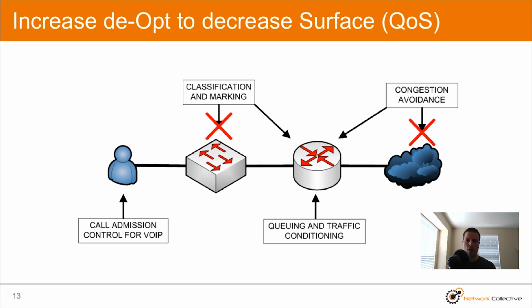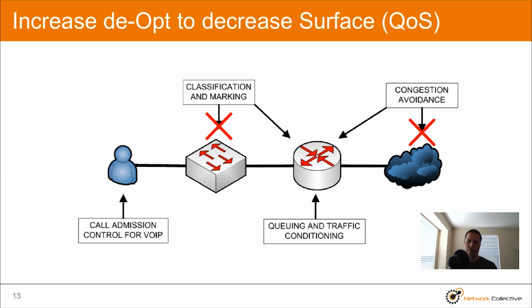So for example, when I say queuing, I think it's self-explanatory. Traffic conditioning, I mean shaping, policing, things like that. And then I'm doing congestion avoidance somewhere in the cloud. So maybe I have a self-owned MPLS network and I'm providing services for my own customers. Maybe I'm a large enterprise. I'm doing congestion avoidance there. So I've got this distributed surface interactions everywhere, and I'm doing QoS in multiple different places.